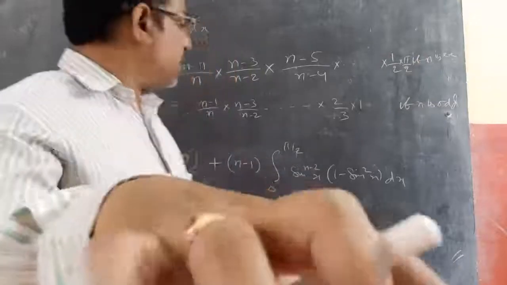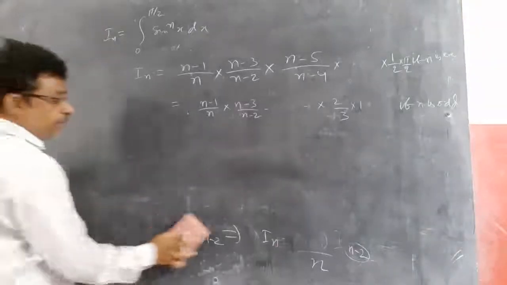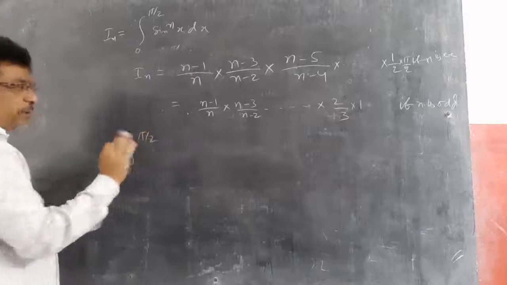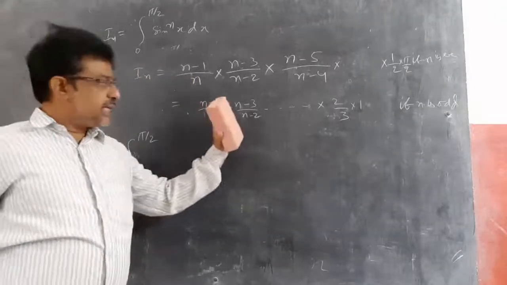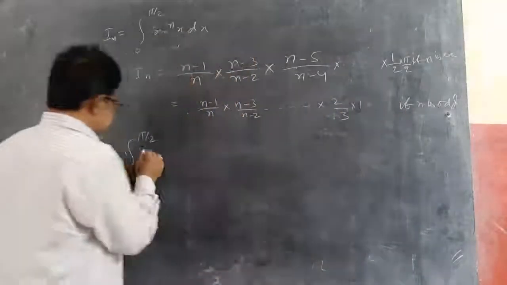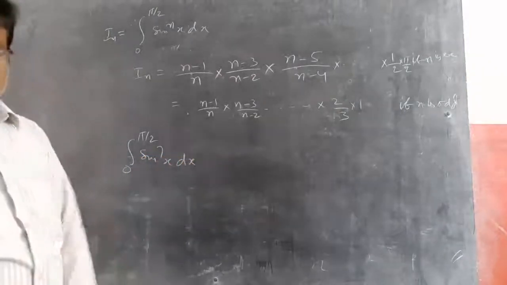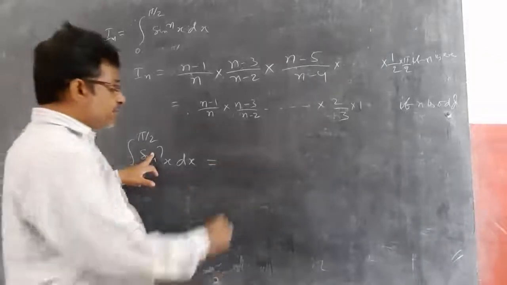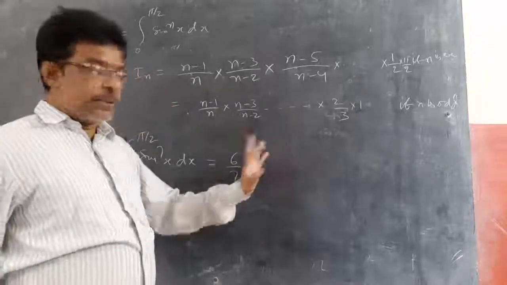For remembering this I will tell you a simple method. If he is asking the integral of 0 to pi by 2, no need to learn the formula by heart. Simply start from n minus 1 by n and then subtract 2 from each. You write the last term. Like the integral of 0 to pi by 2 of sin power 7x dx, if he is asking. We don't know how much this is. Now, sin power n is here 7. 7 minus 1, 6 by 7 into, now subtract 2 from each numerator and denominator.